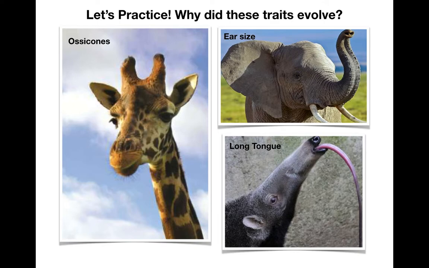So let's do ear size. In the elephant population, there's variation in ear size. Some have really big ears, some have smaller ears, they have different size ears. The adaptation part is that the ears have to help the elephant survive. In the case of elephants, ears actually help keep them cool in the hot environment they live in, both by flapping their ears to cool them down, and because the ears are so thin and full of blood vessels,